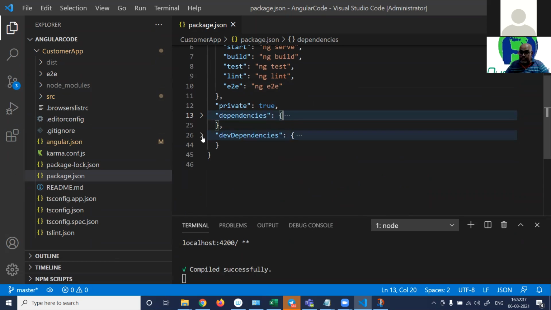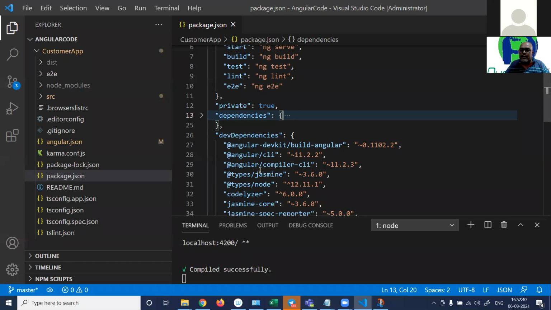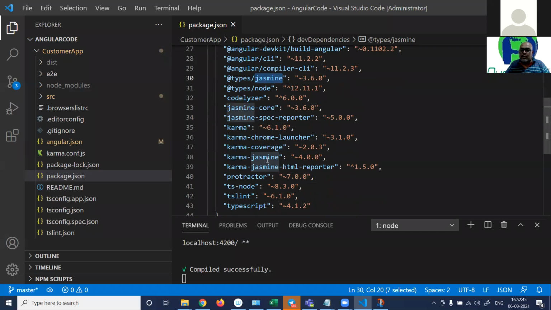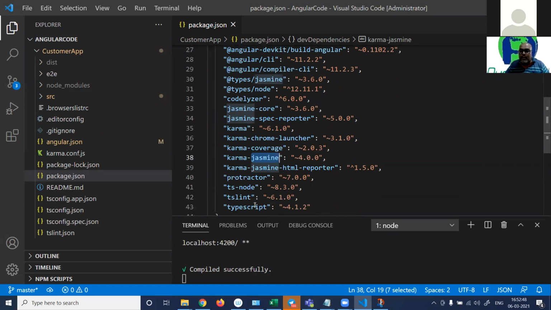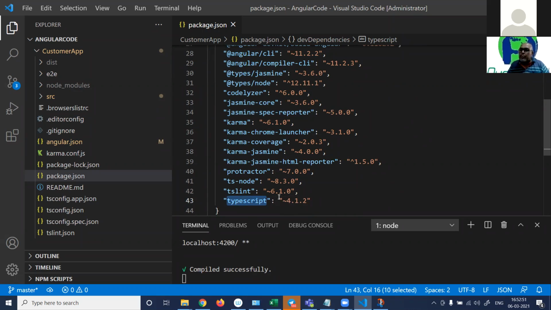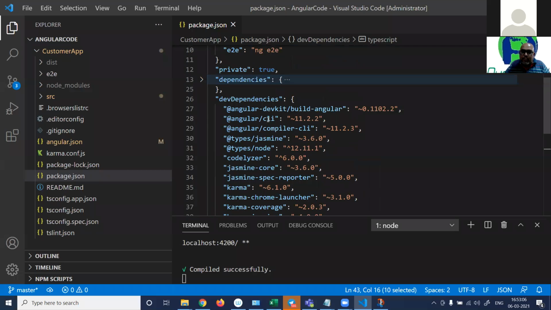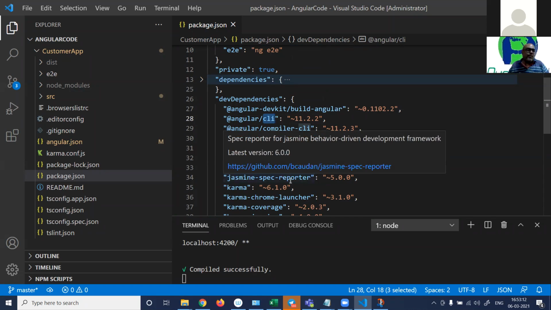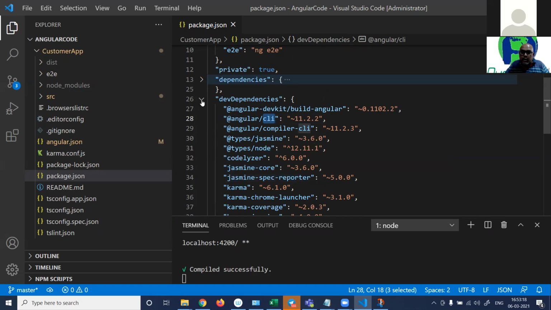Now these two are very different. DevDependencies are things like CLI, compilers, Karma, Jasmine, TypeScript. Like TypeScript will not go into production. When you host your website, TypeScript will not go into production. TypeScript will be used by you on the developer's terminal. We as developers will use TypeScript to compile the project. We as developers will use CLI to create the project. But we don't need CLI in the end user's computer. In the end user's computer, where we want our application to run, we don't need it. This is all developers' dependencies.